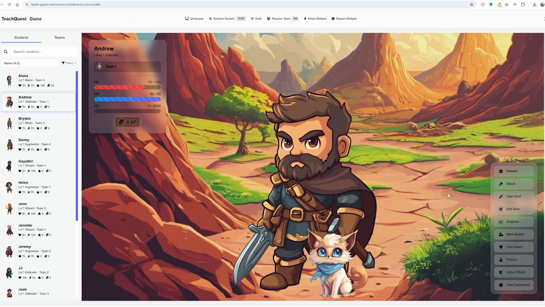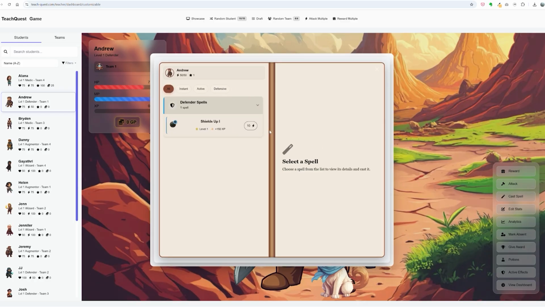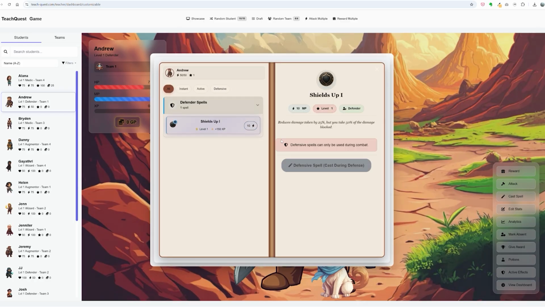Of course, because all the characters have their own set of spells and whatnot, you can cast spells on behalf of them. So, you know, shielding up for Andrew, costing 10 mana points, and this reduces damage by 25%. But Andrew would take 50% of the damage block. So that's to defend his classmates. Again, really working towards fostering collaboration in class. So Andrew can defend those people who are on his team and take some of that damage. So kind of a classic